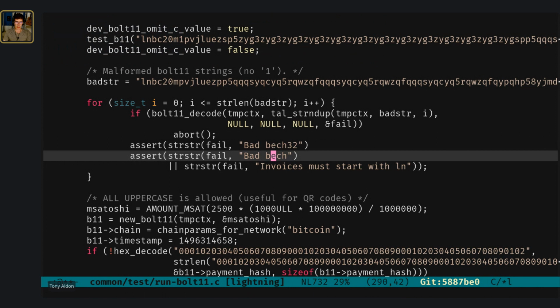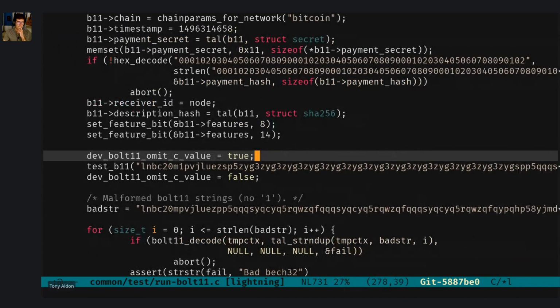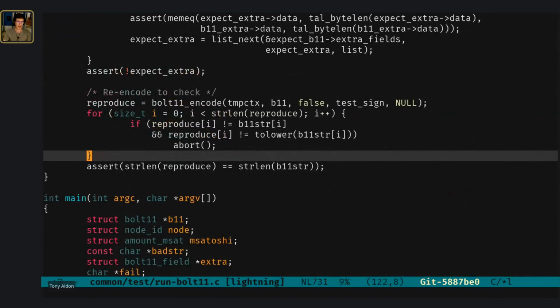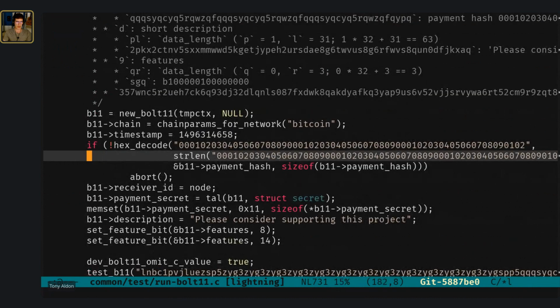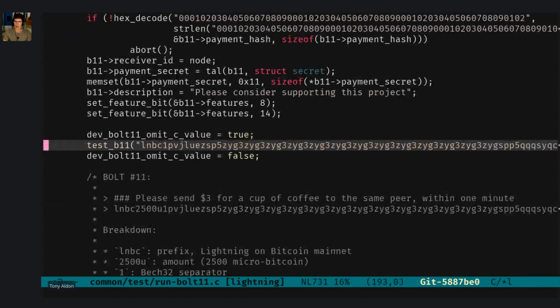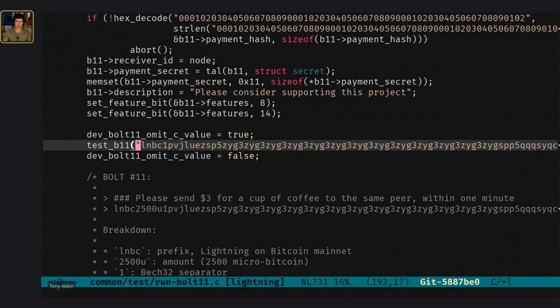Okay, so let's do it in another place. It would be great to just see that if we change something here and it's wrong. Okay, let's try with